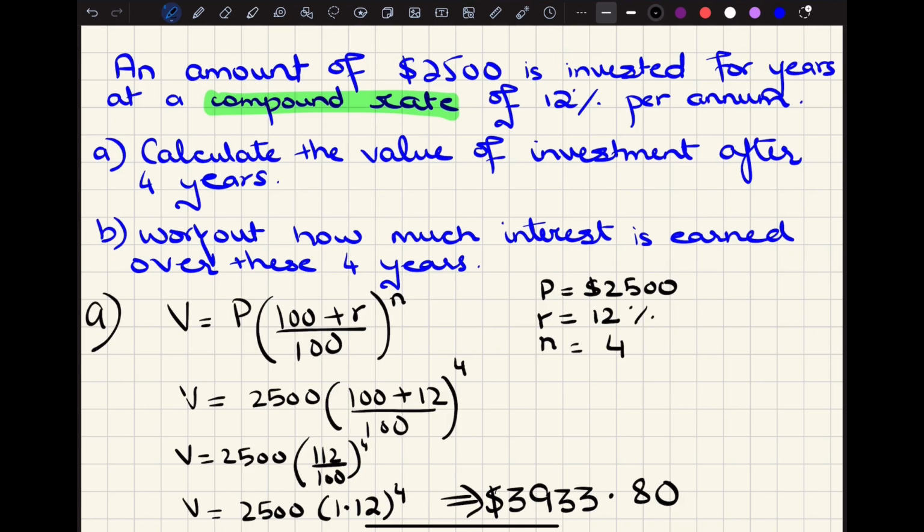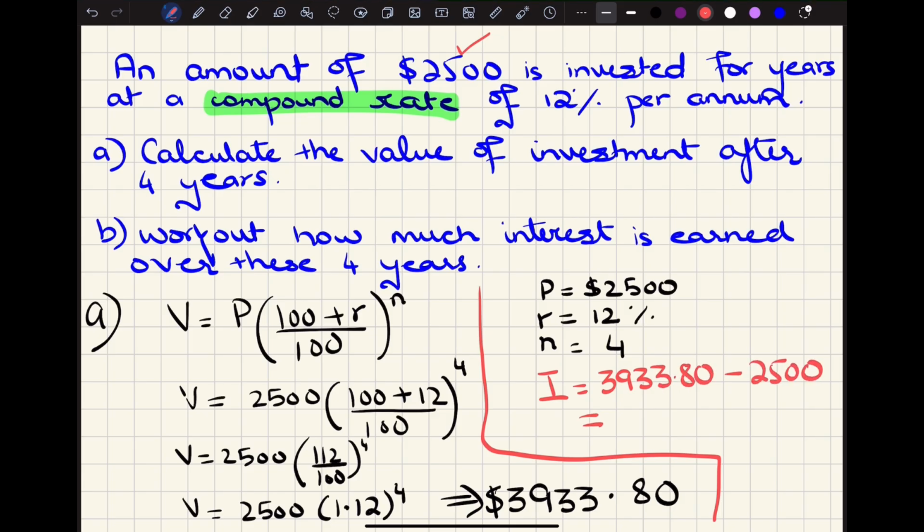So we will solve this in a different color so we don't have to utilize another page. Okay, so the final bank balance or the amount of investment is $3,933.80. And what is the amount that had been invested? It was $2,500. So if $2,500 was at the start and at the end of 4 years we have $3,933, so how did this change come in the amount? It has been changed by the interest amount earned. So to calculate the interest, what are we going to do? We are going to subtract the final amount that we have in our bank from the principal amount,